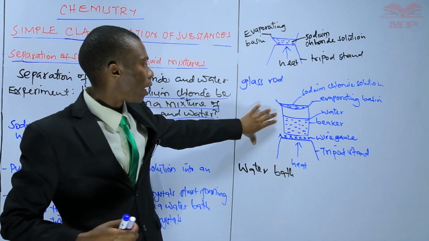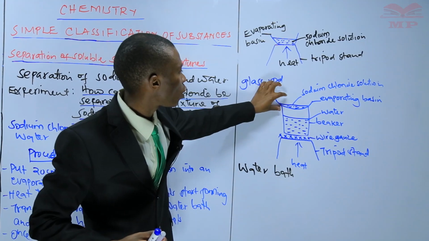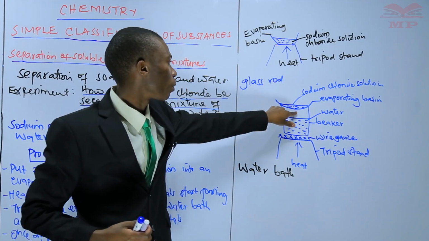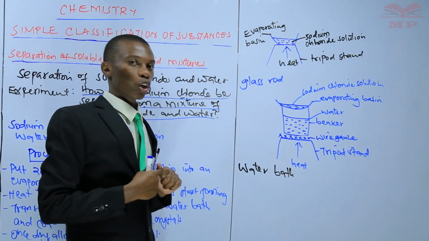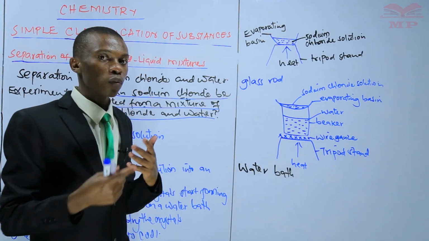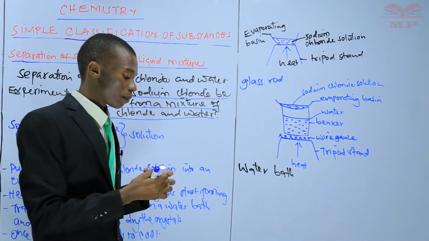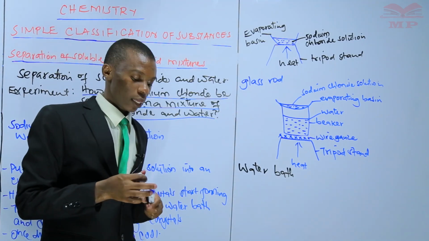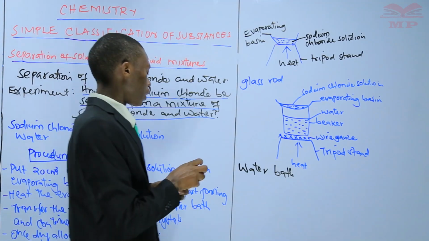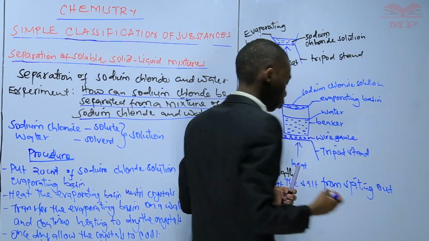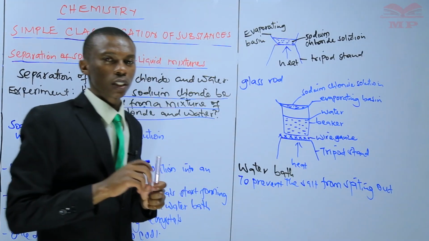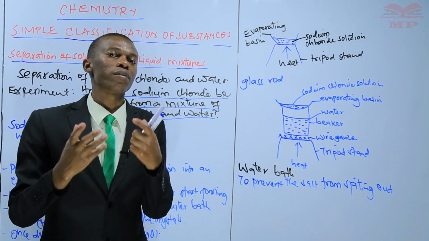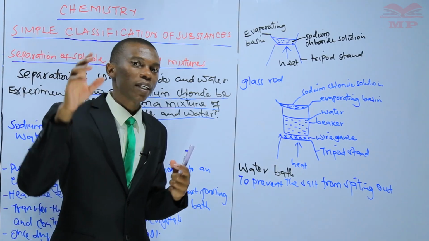The water gets heated, and therefore the heat in this water is now going to evaporate the water from the solution of sodium chloride. The reason why you are heating the sodium chloride solution in that way is to prevent the salt from spitting out. When you heat a salt solution directly, and the crystals have started forming, this salt may spit out of that basin,